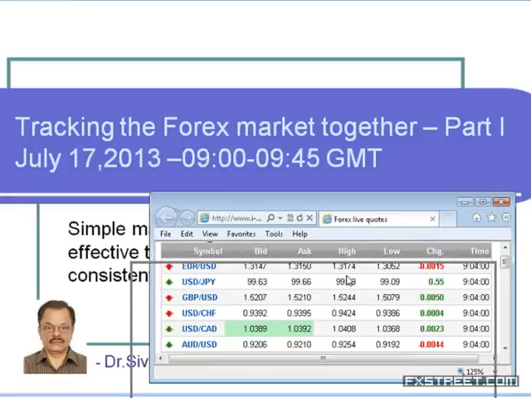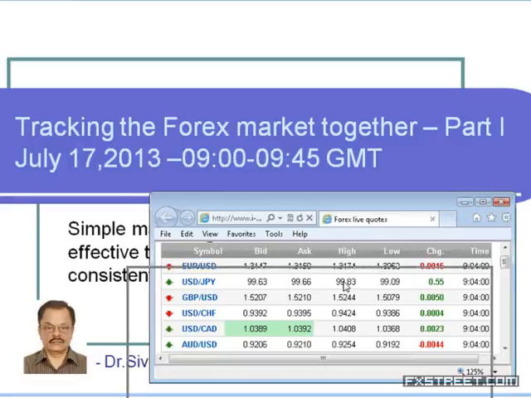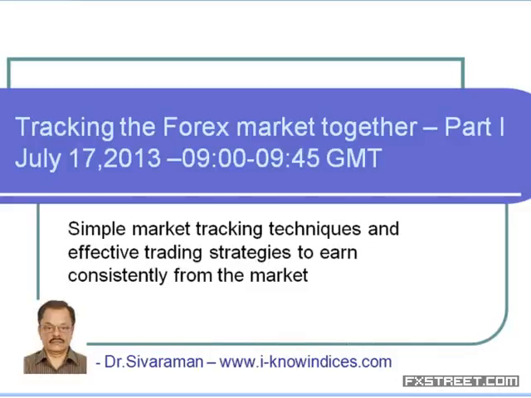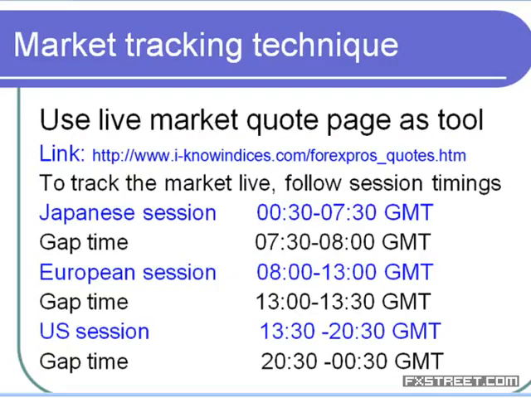Before going to the live market code page, let me explain to you that the market is man-made. It is not a heavenly creation. It is man-made. So obviously, when it is man-made, we'll come across certain hidden secrets behind the market, and we need to identify such things. Also, when it is man-made, men trade against men. When people trade against each other, we need to find out who is strong enough to handle the market. Obviously the big money powers have the capability of controlling the market.